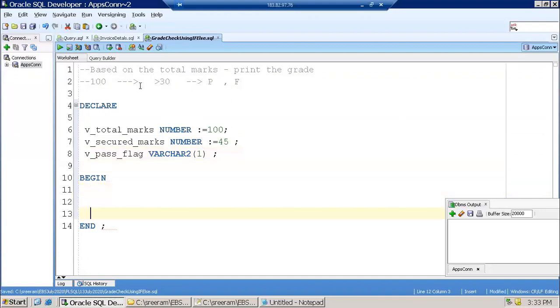Now, first of all, let us print the information: dbms_output.put_line secured marks, v_secured_marks, right?